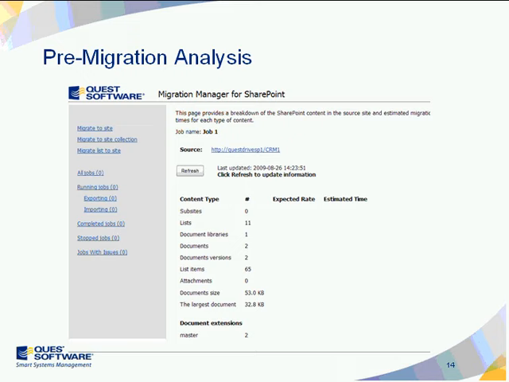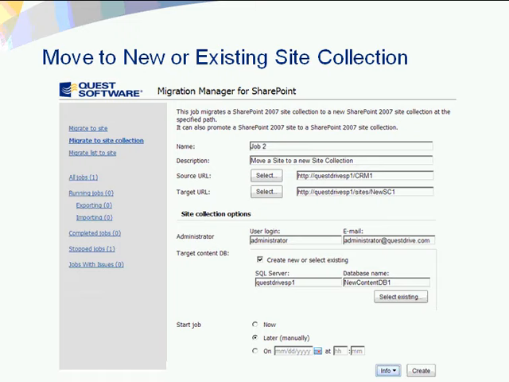And this is for a simple site-to-site migration, either across farms or within a farm itself. But the net result is that that site is now in a new location. Now, something else that's very heavily leveraged within Migration Manager is the ability to move a SharePoint site out of a large site collection into a new site collection. We talked about how site collections are a single boundary. They scale quite a bit, but probably not to a level that you absolutely need. URL strings get very long as well, and also there's a lot of stuff that's mixed up and doesn't make any sense.